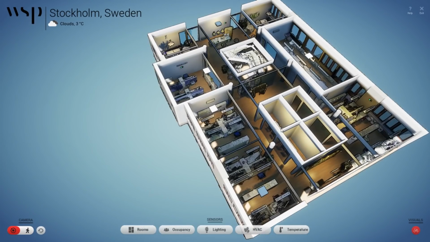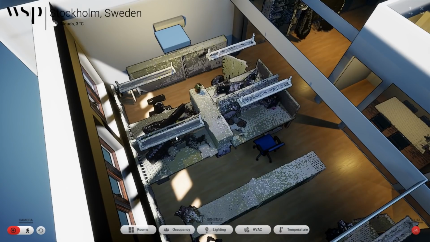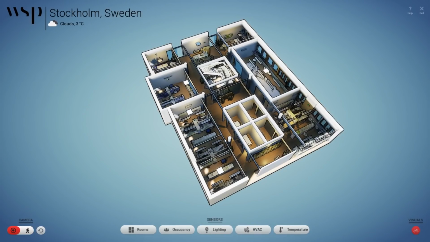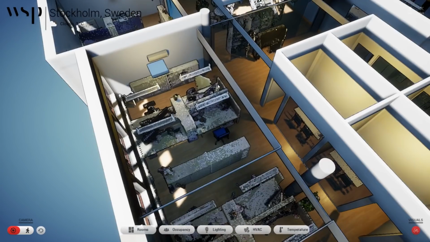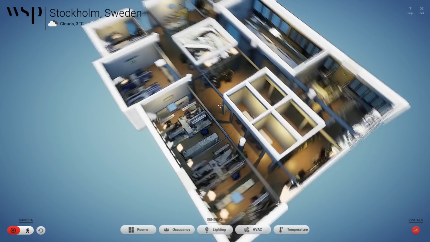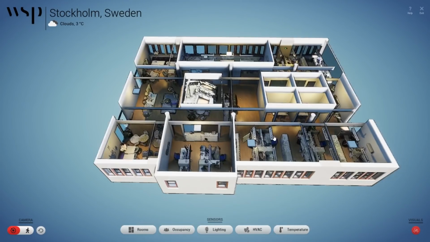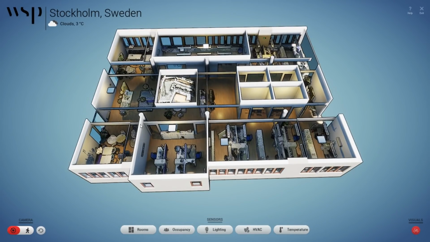We started off by doing a point cloud scan of the WSP office. So the full scan is much larger than this area, but we chose a small area for the demo. And then we created a Revit model based on the scan, placed some fake sensors at fake locations in the Revit model, imported all of it into Unreal Engine. And that's sort of the basis for the whole model here. And then we have the plugin on top of that, and the plugin talks to the Azure backend, and then we have a device simulator that sends simulated telemetry to the IoT hub in Azure and all that.